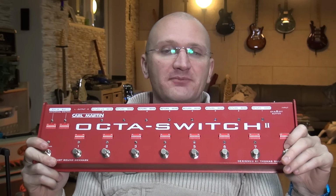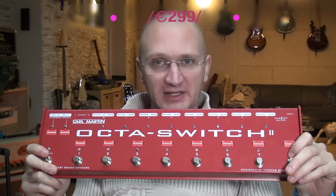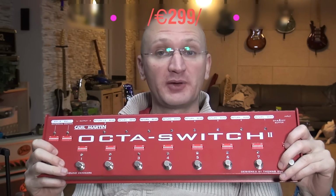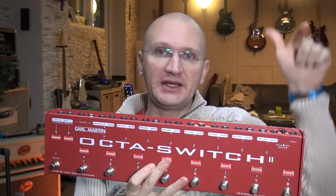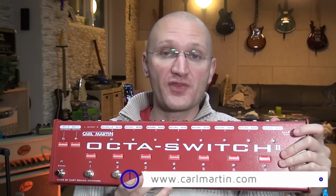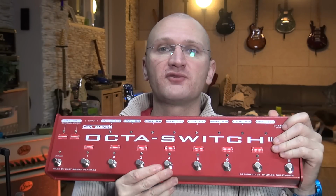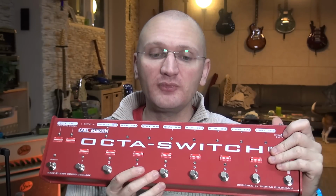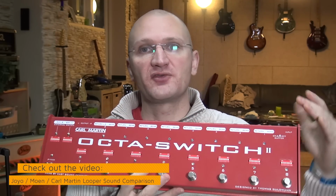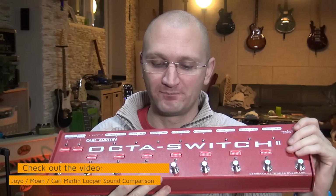This thing has 8 loops, meaning you can put 8 pedals or 8 groups of pedals, each in its individual in-out loop, with the benefit of being able to turn the complete loop off, therefore also turning off all the cables and the pedal and all the signal quality that you lose by going through all these pedals. So instead of going through your, let's say, 10 pedals, you go through 1 or 2 at a time, and the rest of the signal goes straight through,